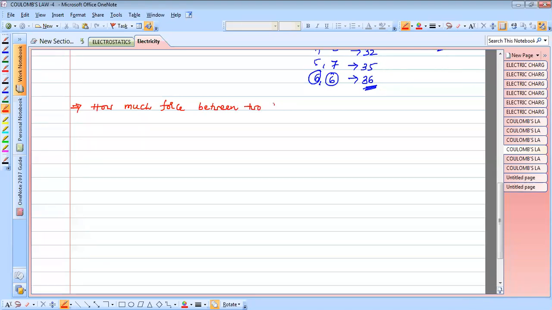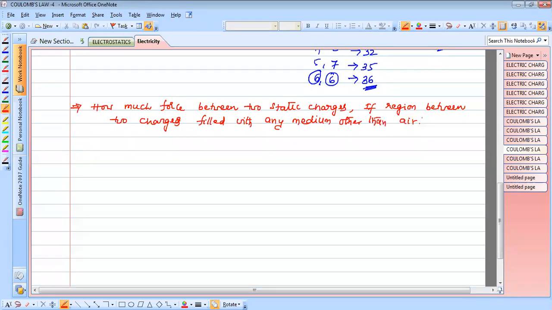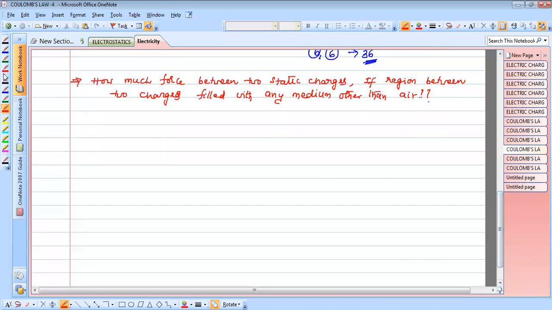How much is the force between two static charges if the region between the two charges is filled with any medium other than air? So this is our aim. First, if it is filled with air,